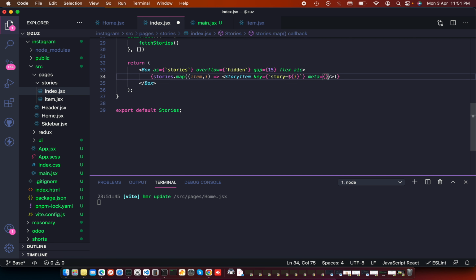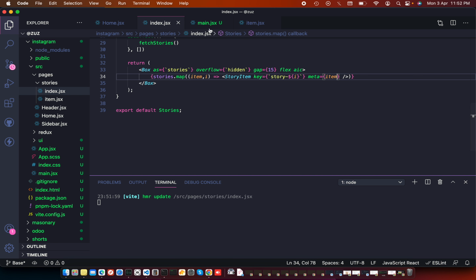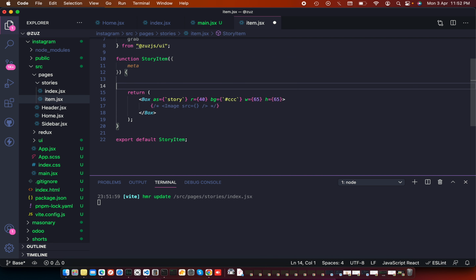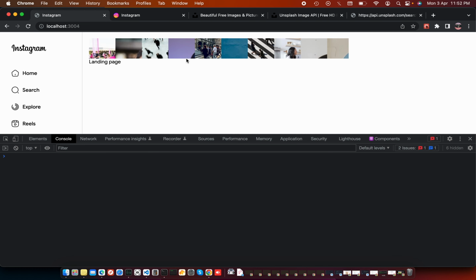Let's call it meta and pass item, and inside the item we will access this meta. We have URLs in meta, and we will add image source urls.thumb and save. Now we have all these images,